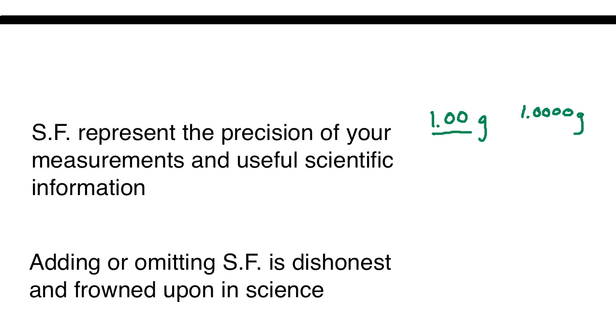All right, so what's the problem with that? The problem is that I have given additional figures that my instrument did not tell me about. I'm making an assumption there as the scientific user and saying, hey, I'll go ahead and I'll extend this out 2 more values. All right? If this is as high as my instrument can go, the 1.00, it is not appropriate, and in fact it's considered dishonest for me to make up those 2 additional digits,